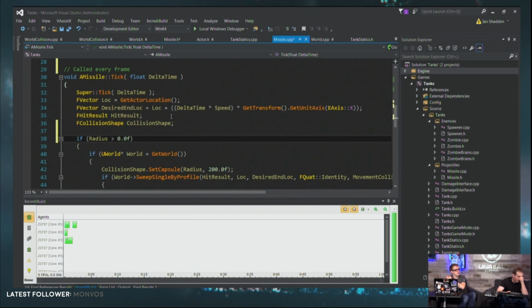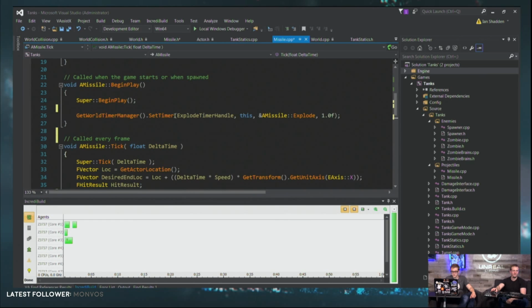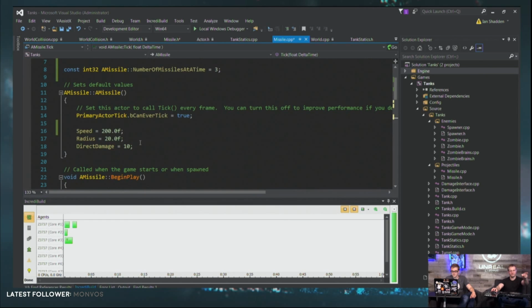Why set the default value in the constructor instead of the header UPROPERTY declare? I think you actually can set them in the header file, but it's kind of bad form, and other programmers will have to pick through your header file. You don't want to be judged by the programmers. Yes, you don't want to have them be like, where is this default coming from? I don't get it. So it's just sort of a convention to do it here.